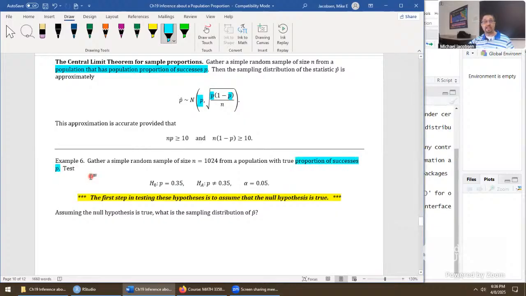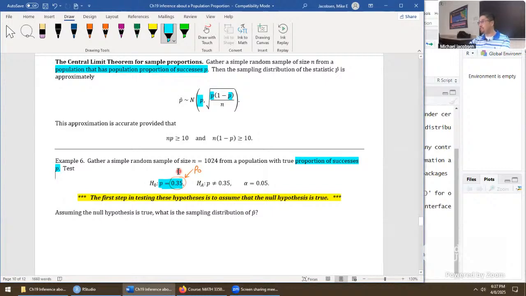But in a hypothesis test, we make a claim about P. That value 0.35 right there in formulas is often referred to as P naught, the value to be tested in the claim for the null hypothesis. But notice in the null hypothesis, we directly conclude that the unknown proportion P of successes takes on that value, that this is the reality of the population. In fact, for every single hypothesis test we've run, this is the first step. Assume the null hypothesis is the literal truth about our population.